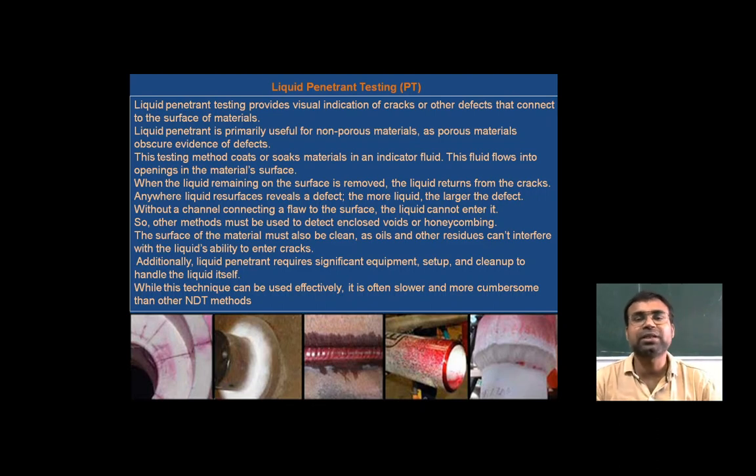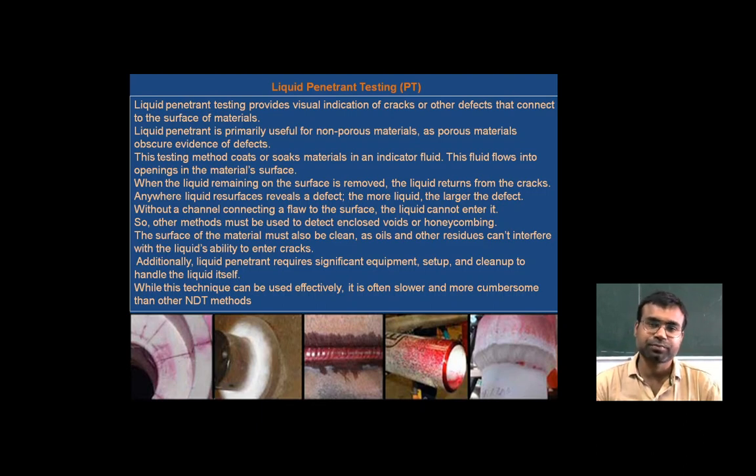A simple procedure: when a surface is dipped or sprayed with some kind of liquid, it has the tendency to flow, and when it gets a space or a void on the surface of the material, it will flow into that part and take the position inside.